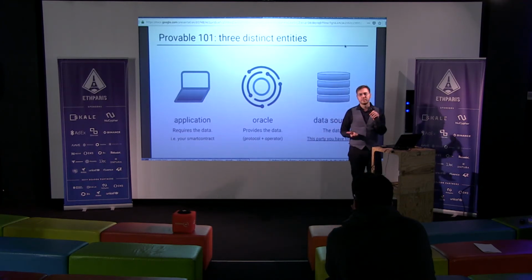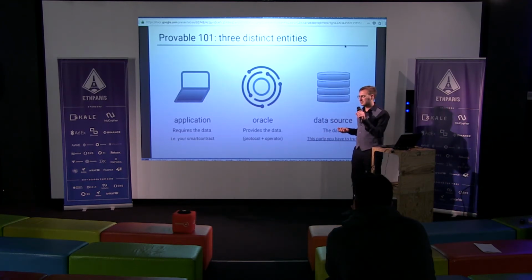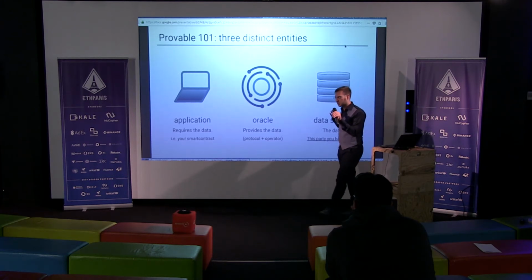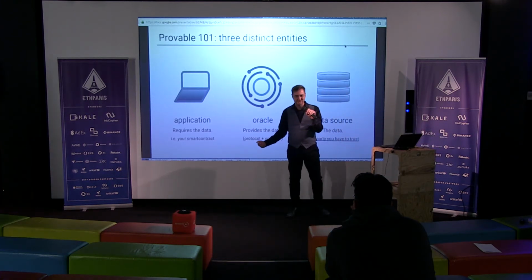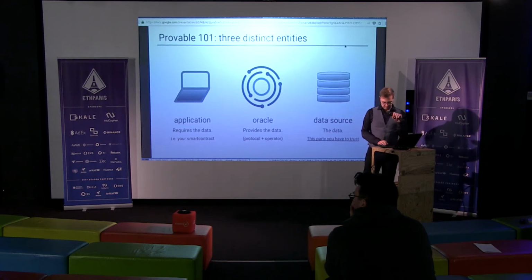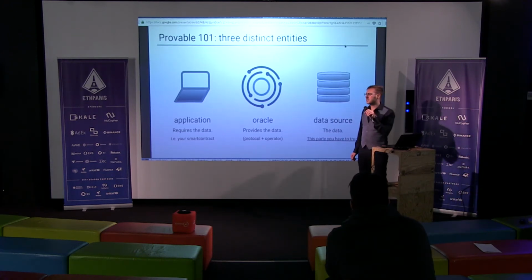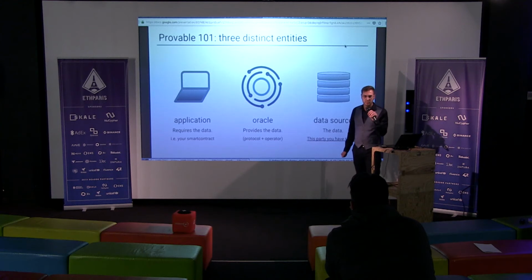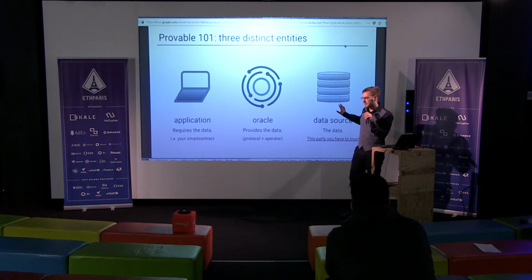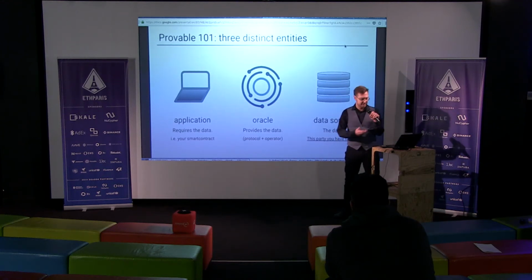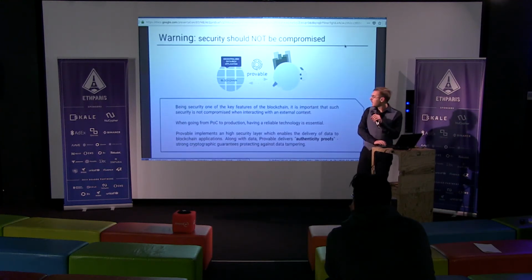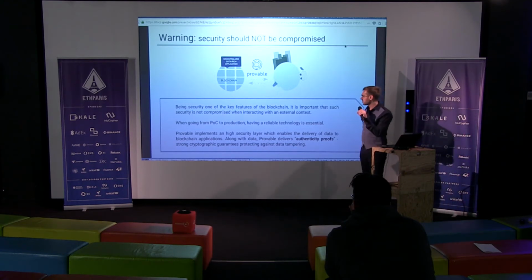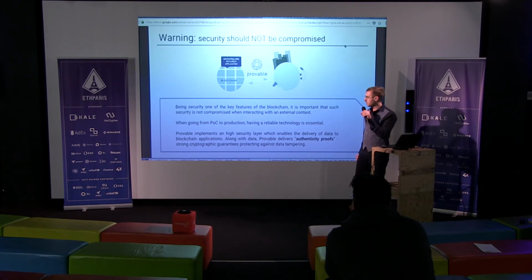Unfortunately, this is not very scalable because it's unlikely that all the data sources on the internet will adapt to the blockchain and integrate with Ethereum mainnet, for different reasons. So the ambition here is to enable a seamless connection between all existing data sources and the blockchain, with no need for the data sources to adapt and do the heavy lifting and hard work that, for example, Thomson Reuters decided to do. So Provable is enabling that. We have been doing that since 2015 on Ethereum. We launched in September 2015 on the Ethereum mainnet.